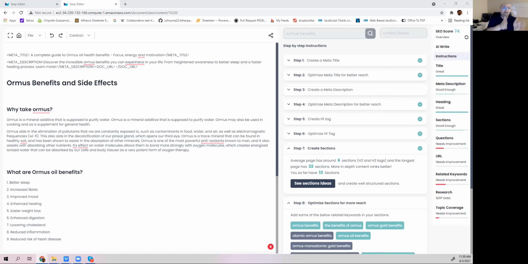The Outranking platform will help you to create more content at mass scale. It will not be an issue to create it in less time. It's not just about having a different meta title and meta description while the page content is almost the same. No, it will not work.